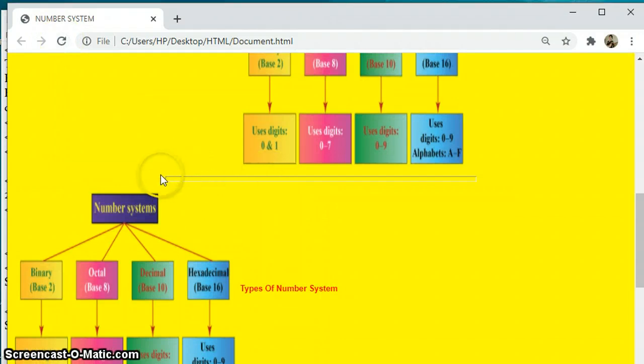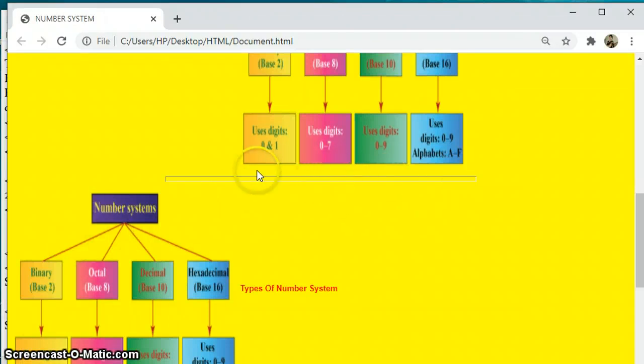So can you see a thick line? It is a thick line and it is only 50% of the total width of the web page. It is 50% wide and I have increased the thickness to 10.